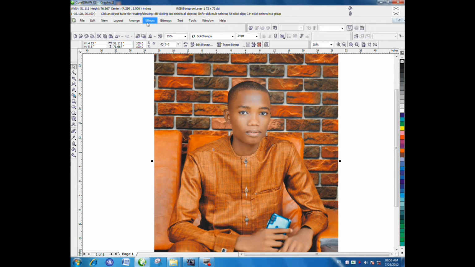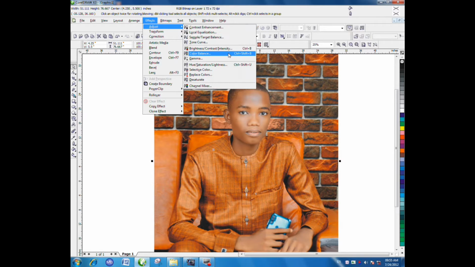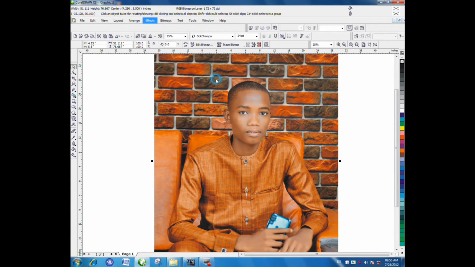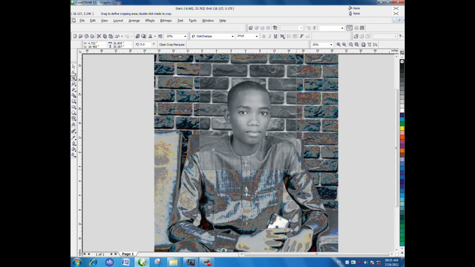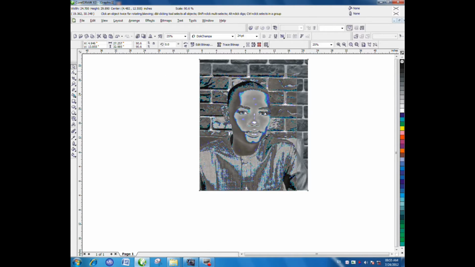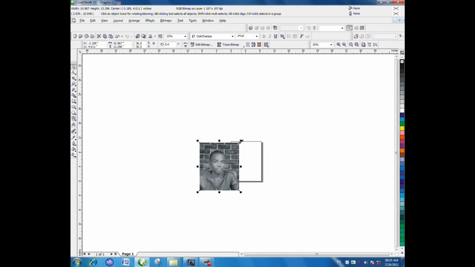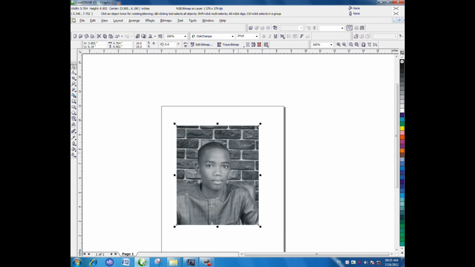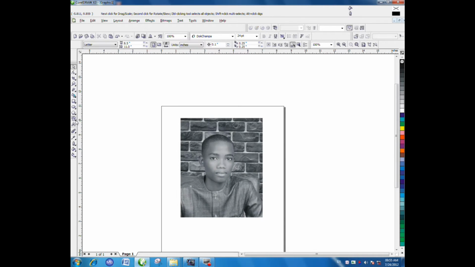go to effects, adjust, then desaturate, so that your picture will appear black and white. Then pick crop tool and crop the picture. Then reduce the size of the picture. After reducing the size,